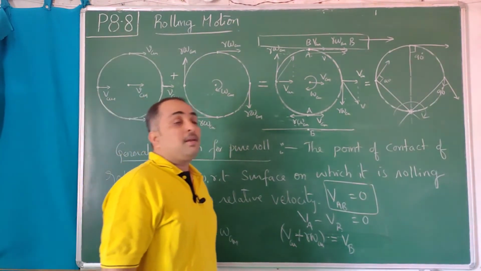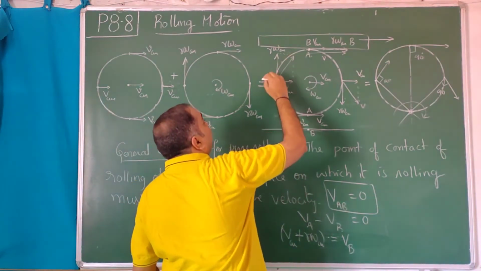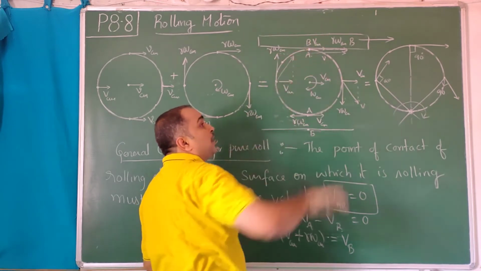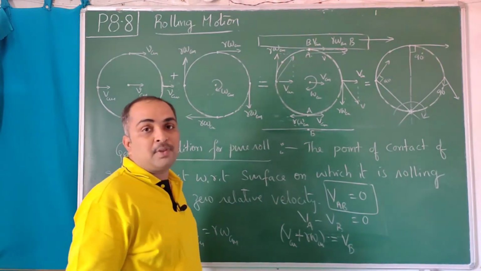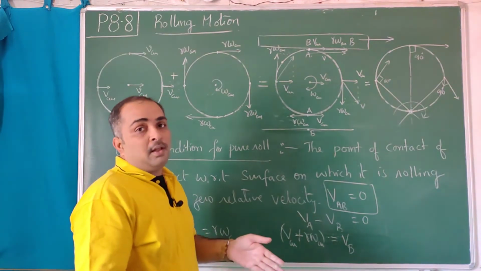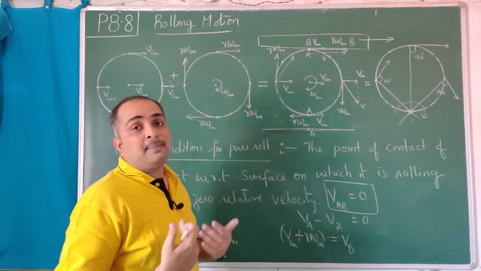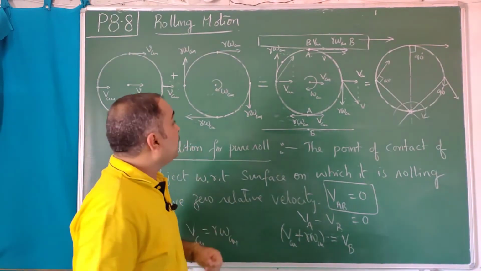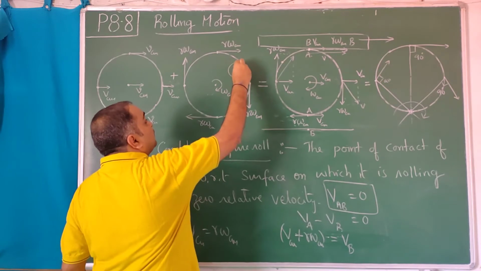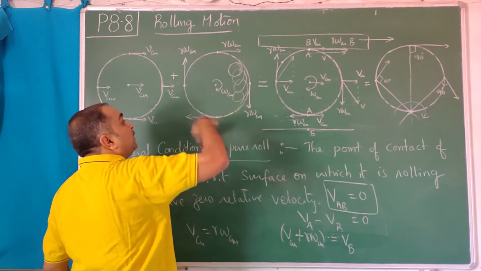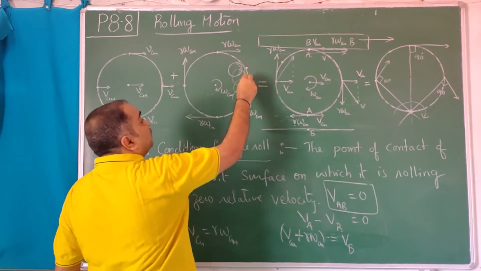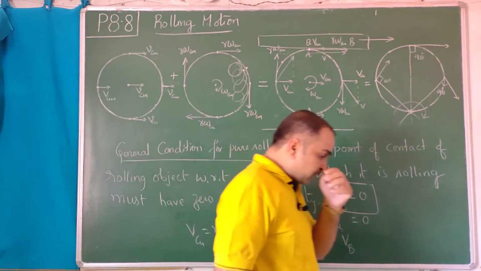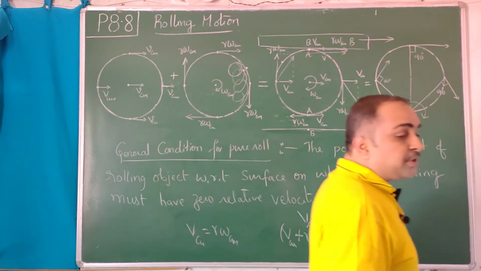So like that, at this point I kept one slider and I am sliding it over there. Then at this point we'll have whatever velocity, and the slider should have that velocity, such that relative velocity should be 0. I should move equally with you also moving. Then between you and me relative velocity should be 0. So keep this point in mind, because inside this they keep one more sphere, and they want it to be rolled on this, and this may be already rolling. So this point of that outside part and this point of the inside part, you take one as A and one as B and take the relative velocity to be 0.